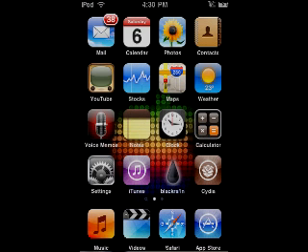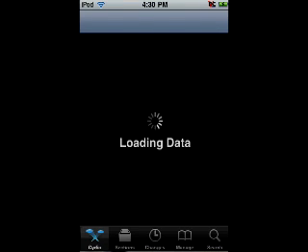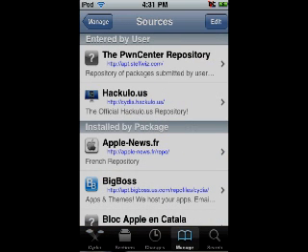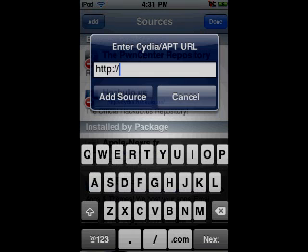Okay, now for all the themes and stuff like that. If you want a massive bunch of sources for heaps of themes, songs, and stuff like that for free, now we're going to go to Cydia, and we're going to add another source. So when this is loaded, alright, that's loaded. We're going to go to Manage and Sources again, and we're going to go to Edit, and we're going to Add, and this time it is